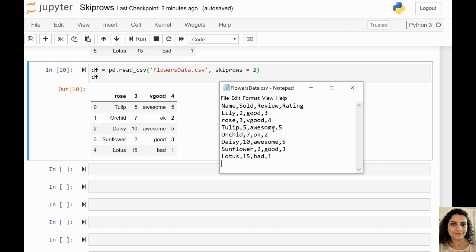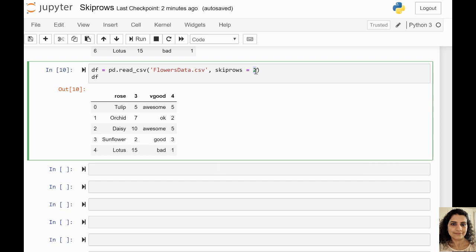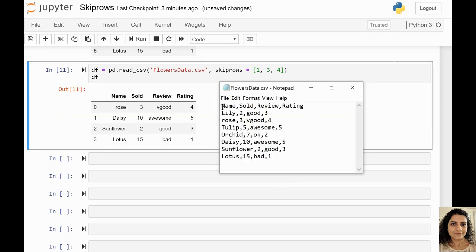Another thing is, what if you want to skip rows, like you want to skip this row and then this row and then this row, or any other row if you have a very large file. If you want to choose rows in between, you need to use a list of indices in that case. So in place of this integer, you'll write a list of indices, like these many indices I want to remove. Okay, so you'll write like you want to remove the row at index 1, or you want to remove index 3 and then 4. And if you run this cell now, and if we compare,